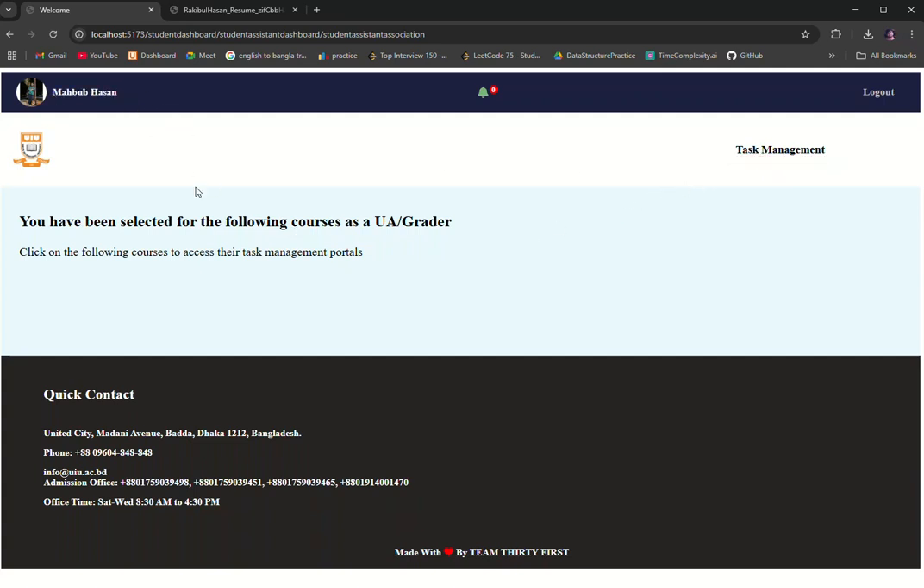So currently this user isn't assigned to any position, let's say teaching assistant or something. So for that, this task management is not showing anything. If there is one, it will show all that task management portal. So let's say